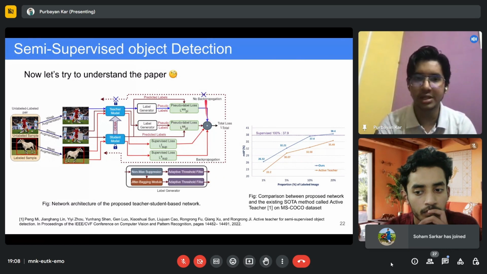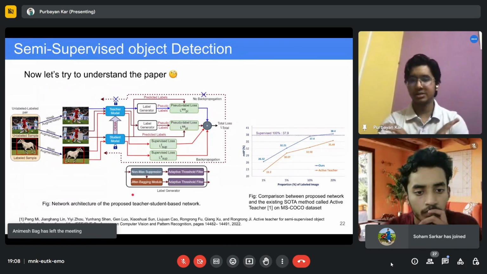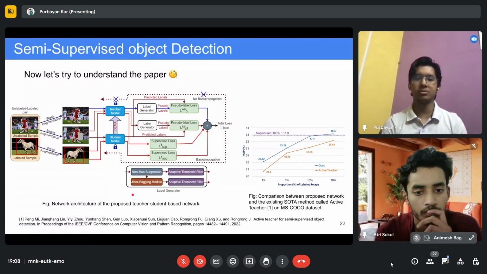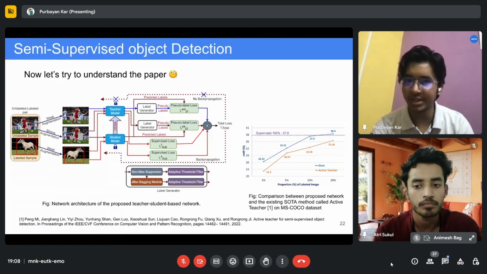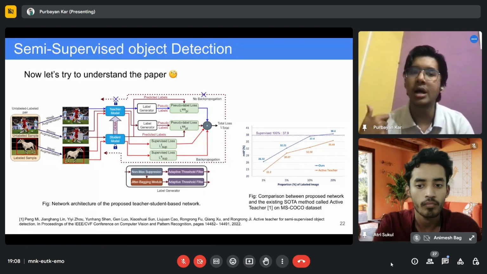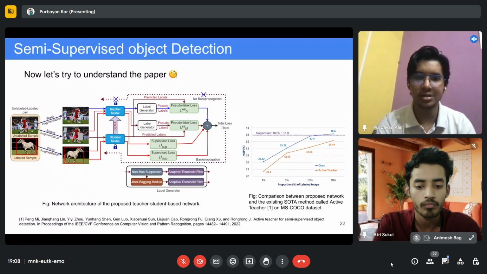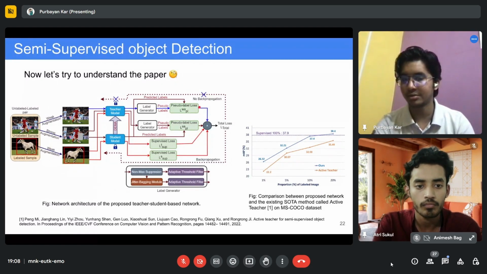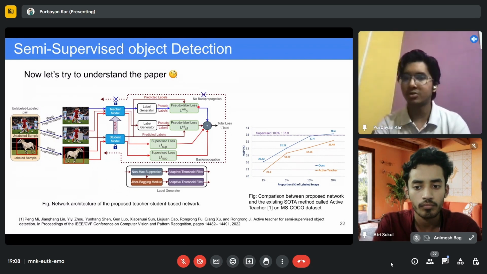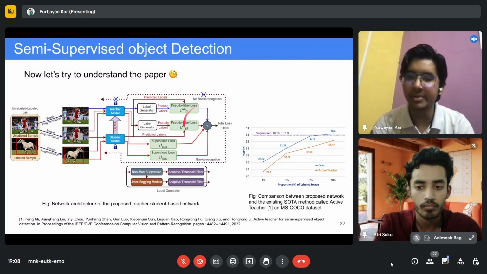I am not going into the details of what this label generator is, non-max suppression, adaptive. These are very novel components inside the paper. I will not go into mathematical jargon either, but this is the very high-level overview of how we have used the teacher-student framework, knowledge distillation framework, and data augmentation in semi-supervised learning. So now, let me show you what the benefit of doing this is.